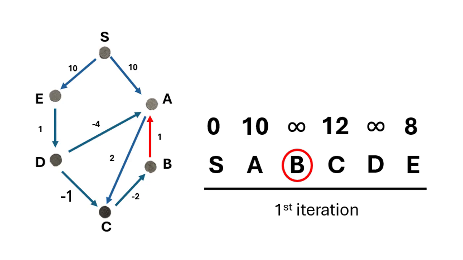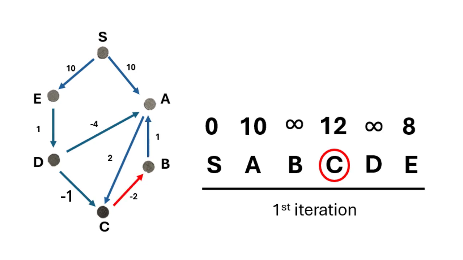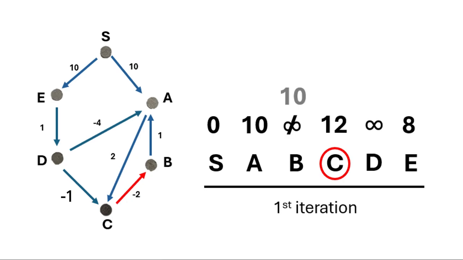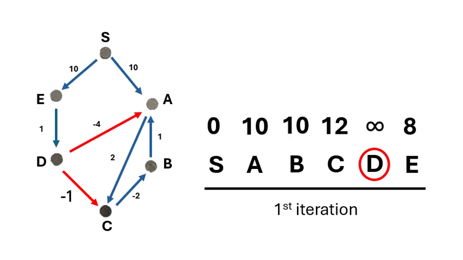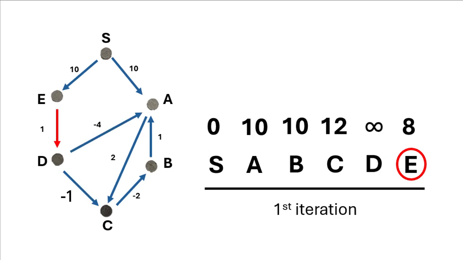Getting to B, we notice we don't even know how to reach it yet, so we can skip this node. Moving on to C, we know that we can get to C with the cost of 12. Examining its outgoing edges, we see an edge to B with the cost of -2. We update the table. On to D, again, we don't know how to get there yet, so we can skip it and move to E.